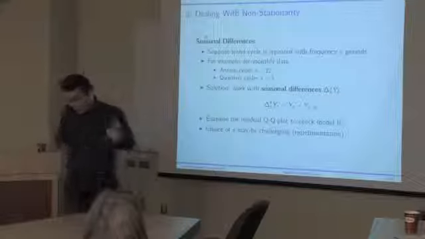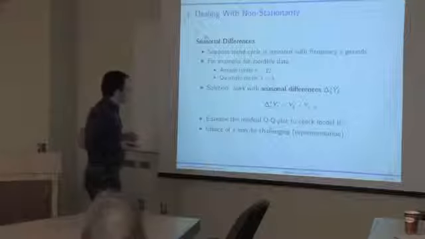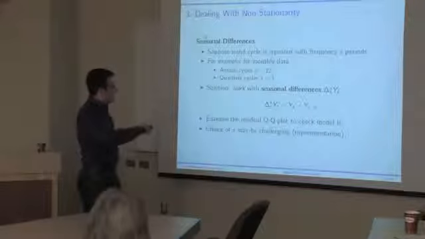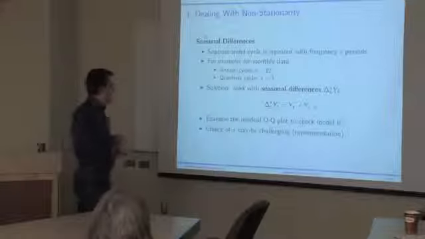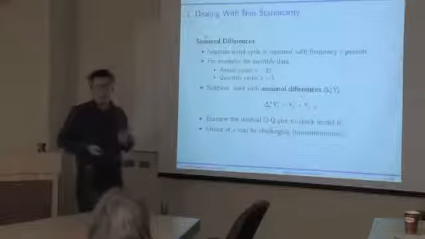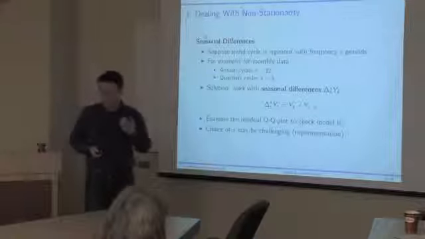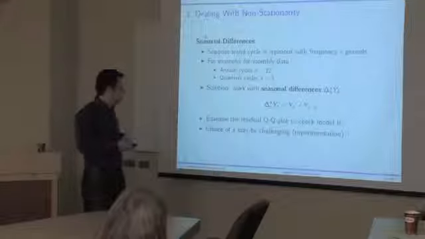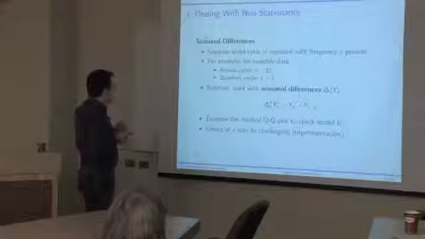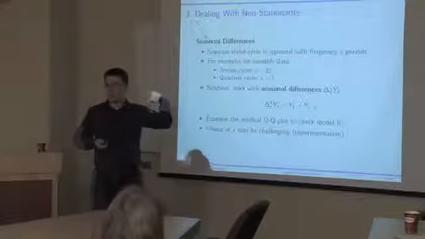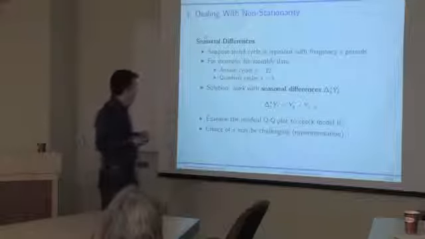But either way, you'd have to make some kind of judgment call as to what the frequency appears to be. I'm going to use little s in terms of notation to denote the frequency of that cycle in periods of time. So for example, if we have monthly data and we want to look at cycles which happen with annual frequency, the corresponding frequency will be 12 months, so that's 1 year. If we have monthly data but we want to look at cycles which happen with quarterly frequency, then the corresponding frequency will be 3 months, so 1 quarter.